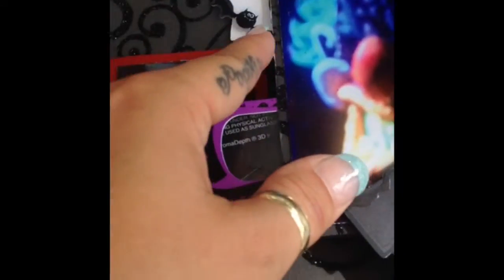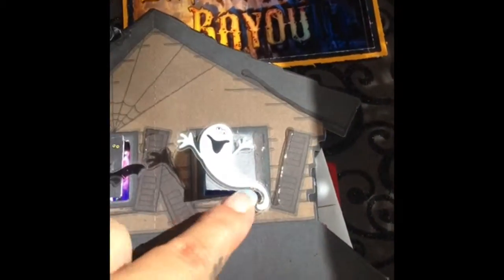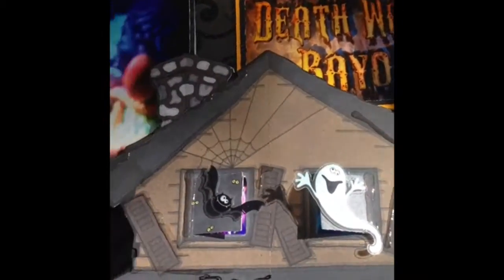And then I put another 3D. I put 3D pieces on anywhere I could, and added liquid or glossy accents to what I could to make it sturdier for the edges, and highlighted where the sun was coming through. And then I made this one a pocket back here, so it holds two of the pair of glasses. And I'm still looking for,